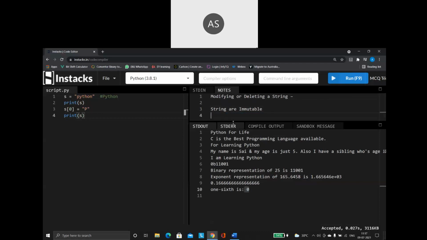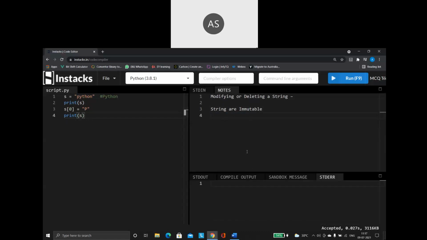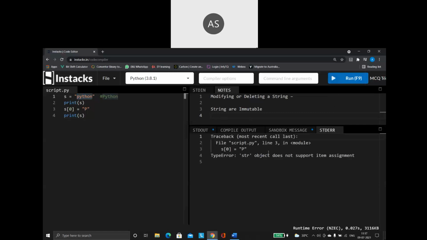Once you create a string value, you cannot modify the string value. So remember this point very, very carefully. Once a string is created, I cannot modify the value. Run this. See what happens. What is that you're getting? str object does not support item assignment. It does not have this feature. You cannot change anything like this. It is impossible. Why? Because strings are immutable. So anytime in your program, if you try to change like this, your program will not work. It will throw only errors.